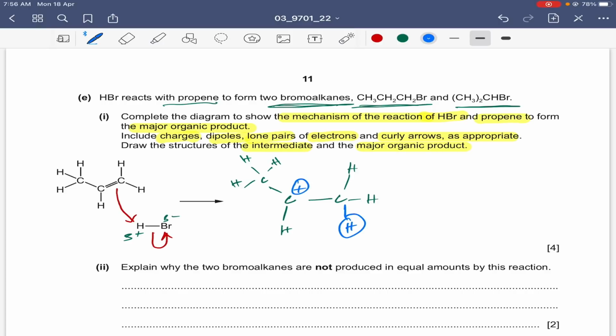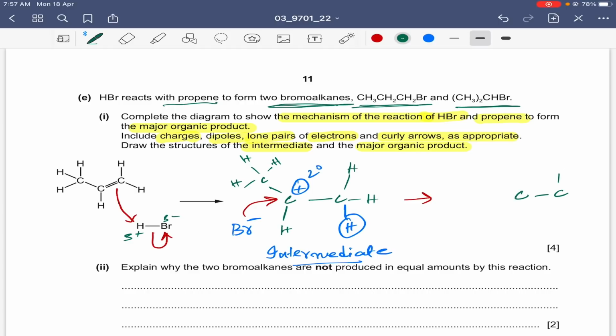We get a carbocation. This is the structure of the intermediate. All right, and this is a secondary carbocation. And we're also left with Br minus. Now, because Br has a negative charge, it would attack on this carbocation. And finally, we get our structure